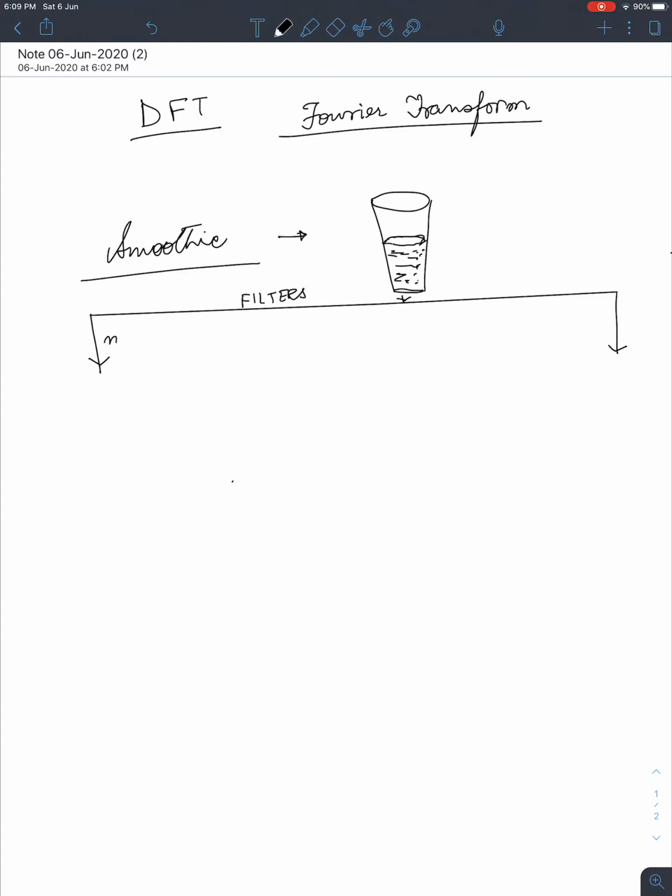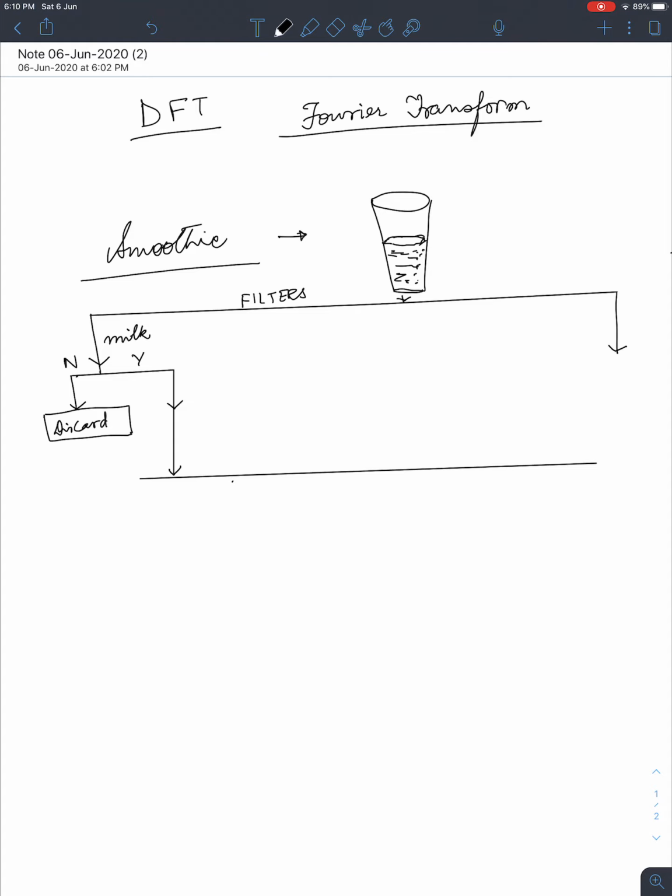So what could be the first thing? We know that smoothie generally has milk. Does it have it, yes or no? So does it have milk? I'm drawing it like a flow chart. If it's yes, then I add it on to the total thing that makes my smoothie. If it's no, then I'm going to discard it. So if it's yes, we will keep it to reformulate the smoothie again, and if it's no, we are going to discard it.